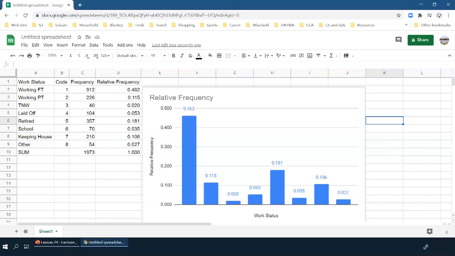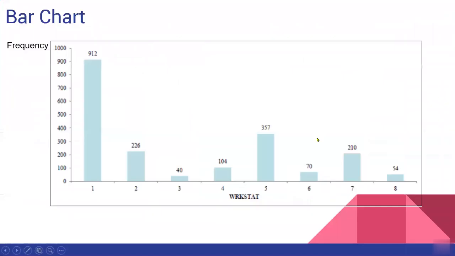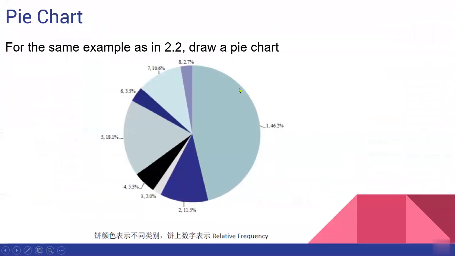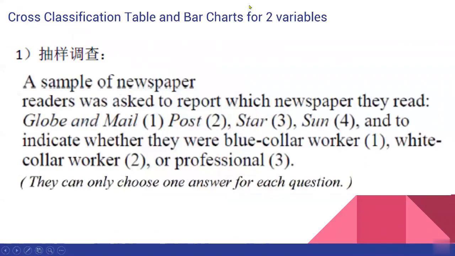Okay, let's go on. Of course, we can also use a pie chart to illustrate the same table, all right? For example, here you can use a pie chart. Different sections represent different work statuses. Also, I'll show you how to do this in the